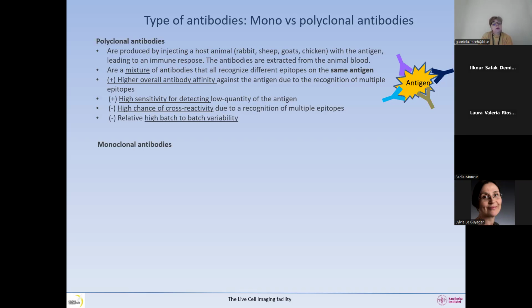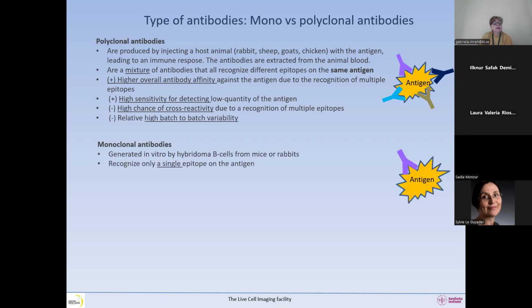The monoclonal antibodies are generated in vitro in hybridoma B cells from mice. They are also available in rabbits. They will recognize only a single epitope on the antigen, which will give high specificity of this antibody, and thus low cross-reactivity, a low batch-to-batch variability, but they take time to produce and are more expensive, especially the monoclonals from